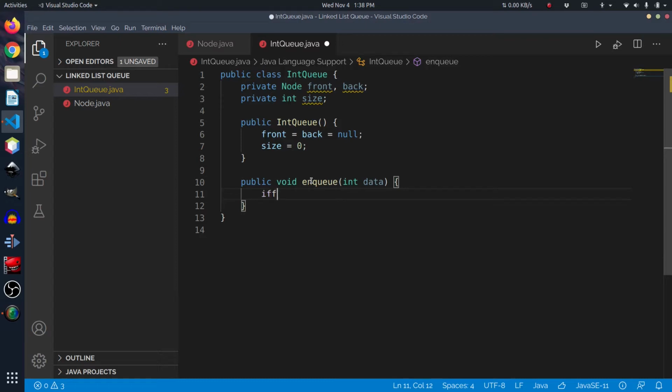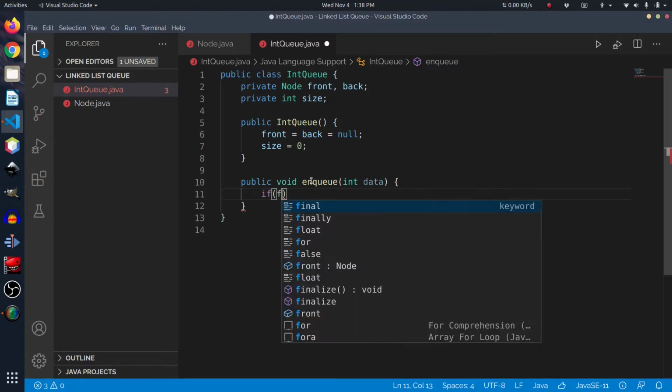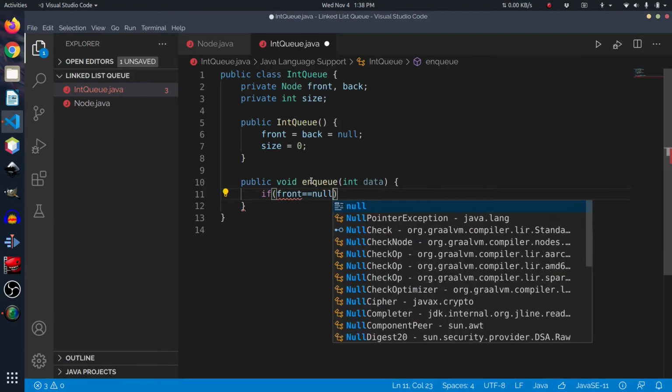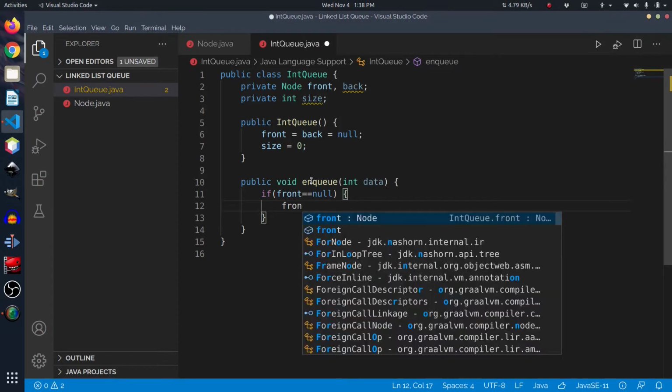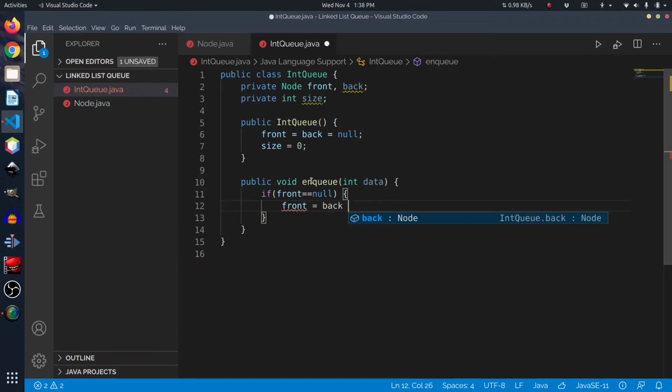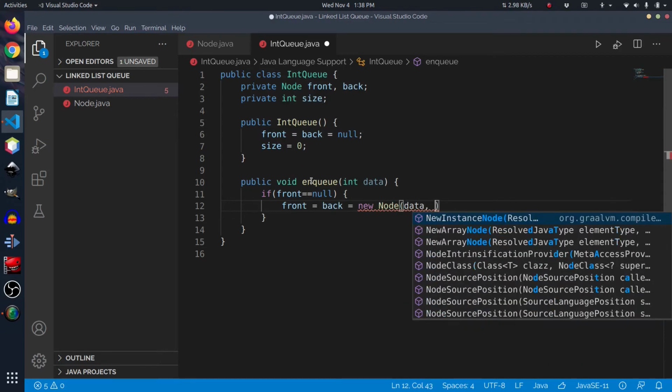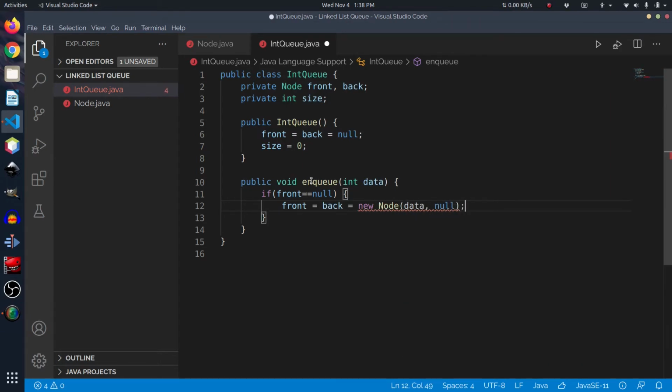So for the case wherein the queue is empty, which is when the front is equal to null, what we can simply do is assign both the front and the back with that new node having the value of that data, and of course the next would be null. However, if it is not empty,